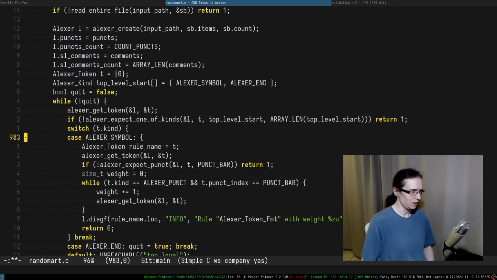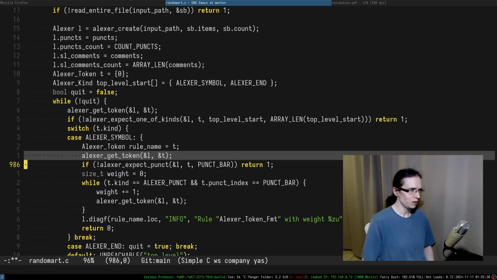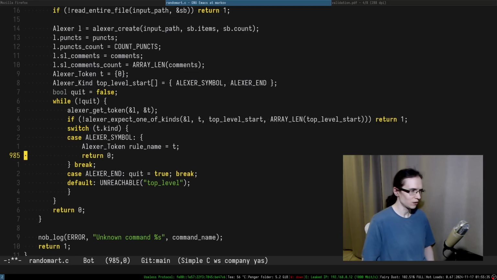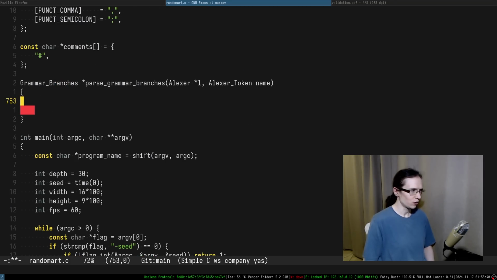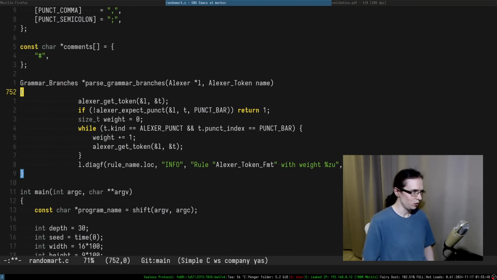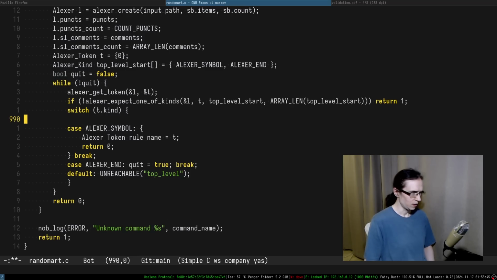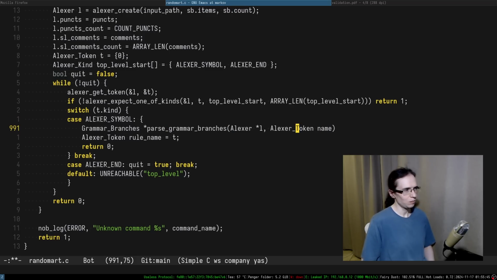It's an interesting idea, but too much outside. So here we save it as a name, and here we start parsing the things. Okay, so here is what we're going to be doing in here. Let's go back and call that function. So if we encounter a symbol, right, if we encounter a symbol,